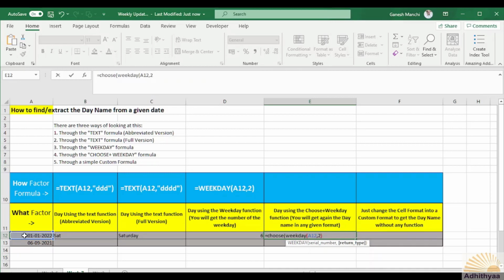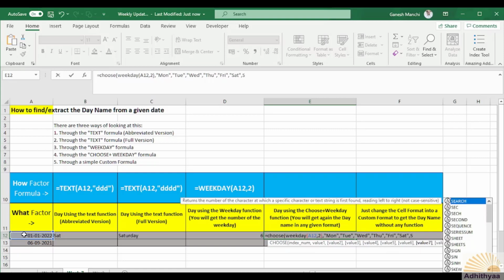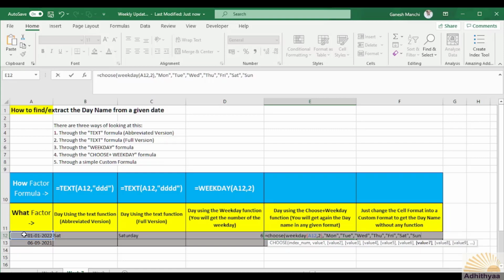Now you close it, and then followed by, probably what you can do is Mon, comma, Tue, comma, Wed, comma, Thu, comma, Fri, comma, Sat, comma, Sun. Okay. Now if you see, you can probably close this.